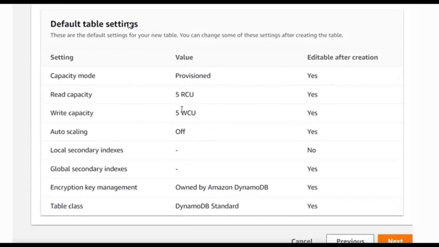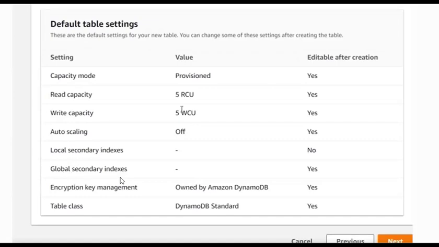If you want to customize it, then click on the other option that you see in the previous options. Now you can see these local secondary indexes and global secondary indexes. These are additional keys where you are able to get your response very fast from the table. If you use these two, they provide you a fast response compared to the previous two keys that you have, that is partitioning and sort key. In addition to those, if you use local secondary index and global secondary indexes as well,